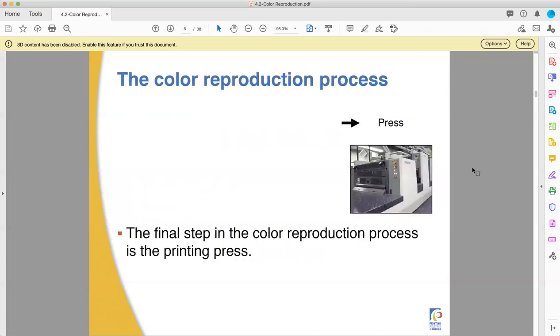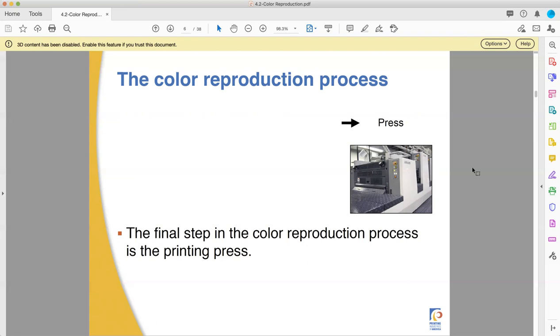So as I champion in general, and I did even before I started teaching from the PIA curriculum here, you really need to start at the end and work backwards with a lot of printing processes, because you can't just start and see where it takes you. That leads you to nowhere. You need to start at the end and work backwards to figure out what you're doing. So starting at the press, the last thing that happens is a printing press puts ink on the paper and